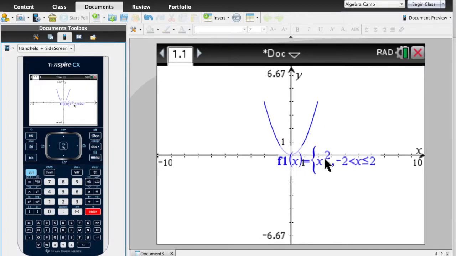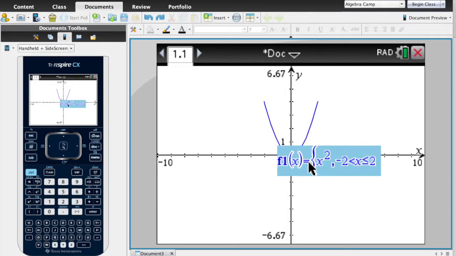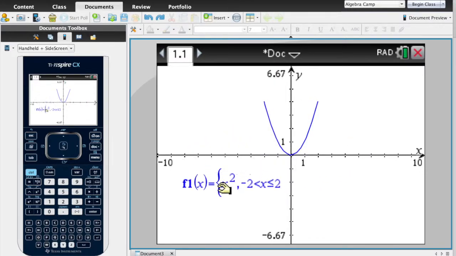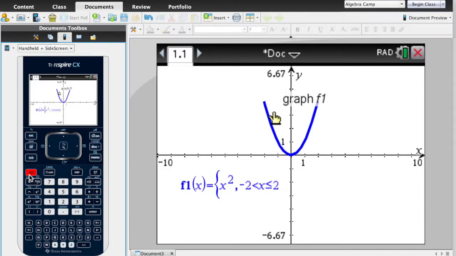And now let's move our label out of the way so we can see a little bit more. So now we have the parabola with the restricted domain, and if we did go to the table of values,